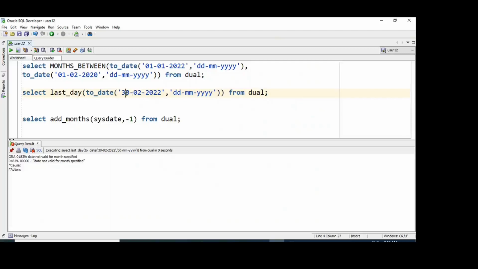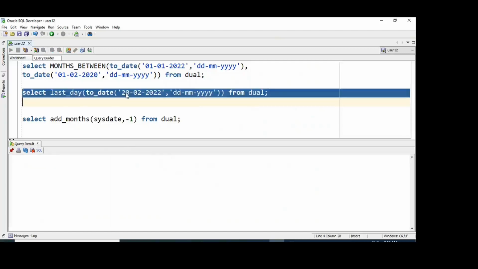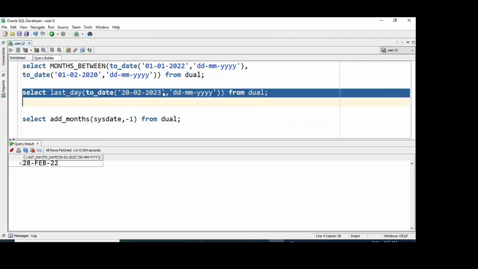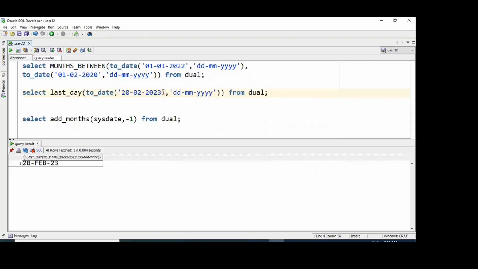Okay, now see, if you mention like a 20, we'll get the 28. If you see for the 23 or 24, it's not the leap year. 23 is also not the leap year, but 24 is a leap year. So you are getting like a 29th February. Okay,